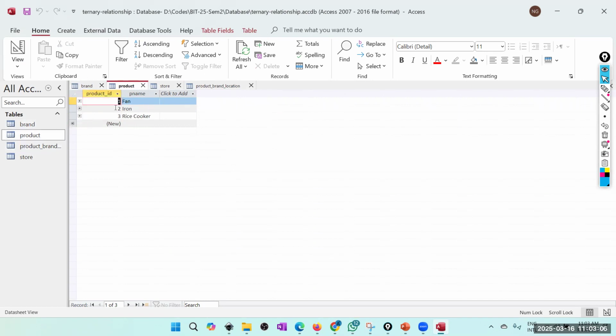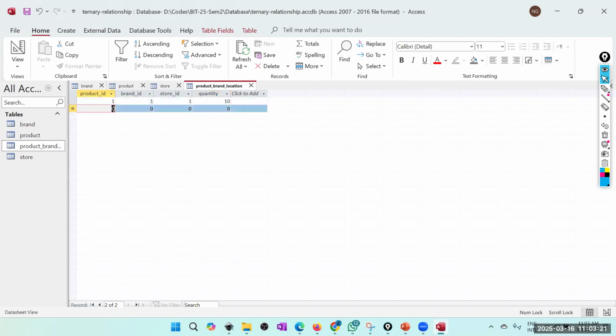Cecil fans in Colombo, there are 10 items. So there are 10 items of Cecil fans in Colombo store. So maybe fans, Cecil, maybe Jaffna or Kandy. So we have 20. Okay, so maybe some other product from the same Cecil brand in the same Colombo branch, 5. Maybe 2,